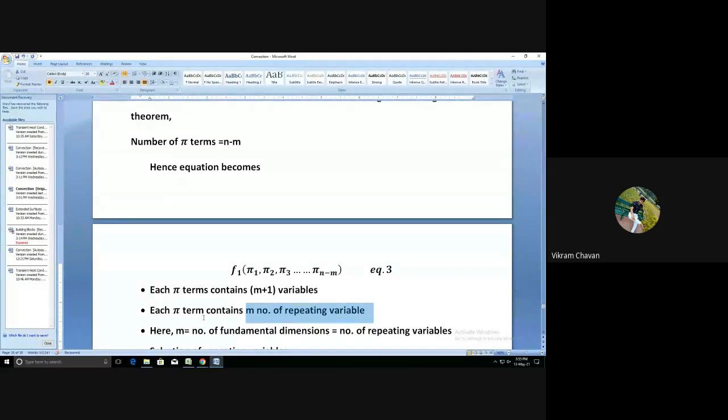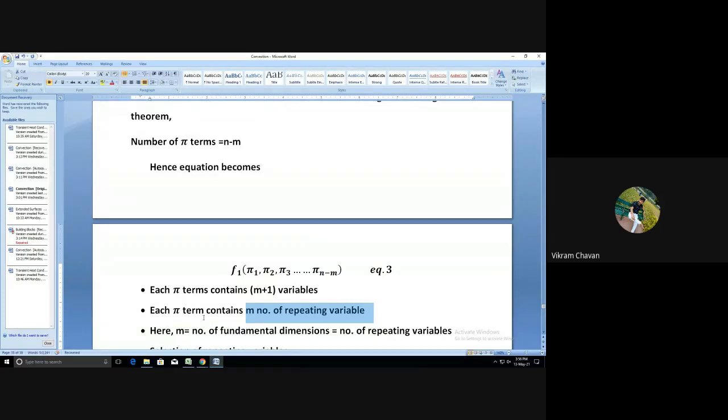मतलब इसका मतलब क्या है, रिपीटिंग वेरिएबल मींस व्हाट, वो जो सेट ऑफ वेरिएबल हम कंसीडर करेंगे वो ईच पाई टर्म में हमें लेना पड़ेगा. कंसीडर कीजिएगा हमारे 3 पाई टर्म मिले हैं हमें. ओके, n-m इज इक्वल टू 3 मिला है हमें, तो हमारे पाई टर्म्स 3 रहेंगे. तो वो जो रिपीटिंग वेरिएबल हम कंसीडर कर रहे हैं, यानी कि m नंबर ऑफ रिपीटिंग वेरिएबल रहेंगे. सो m मींस व्हाट, फंडामेंटल डायमेंशन. जितने फंडामेंटल डायमेंशन है उतने ही रिपीटिंग वेरिएबल रहेंगे, और वो ईच पाई टर्म में आ जाएंगे. ओके, और एक नॉन रिपीटिंग वेरिएबल हमें ईच पाई टर्म में लगाना पड़ेगा.